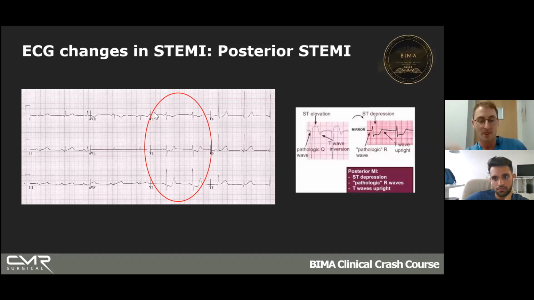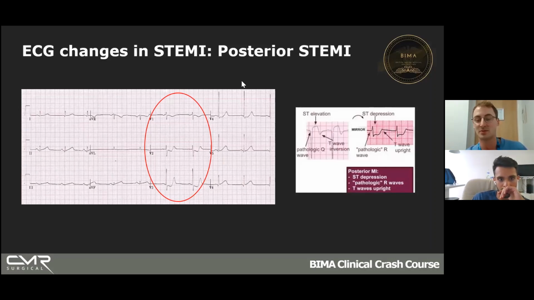What you'd be looking for to differentiate this between a posterior STEMI and an NSTEMI is, number one, you get the tall R waves, which are new. You wouldn't get that in an NSTEMI, you just get the ST depression. And in an NSTEMI, you probably get some T-wave flattening and some T-wave inversion, whereas in this, you get the T-waves going sharply upright. And yeah, so you're spot on.